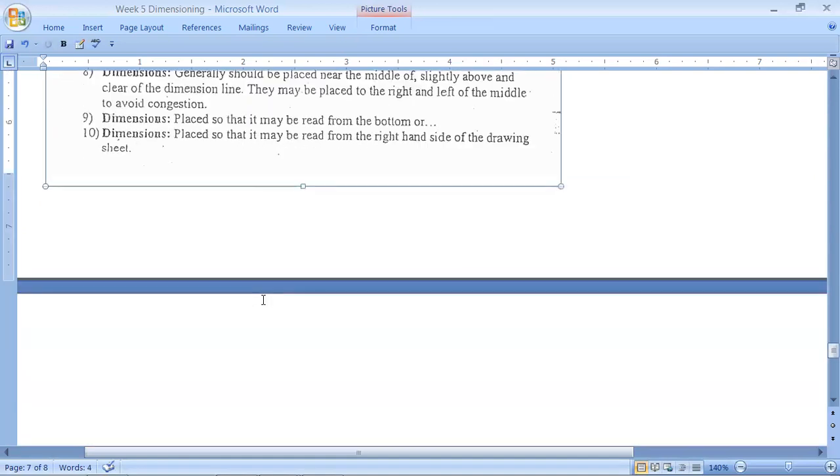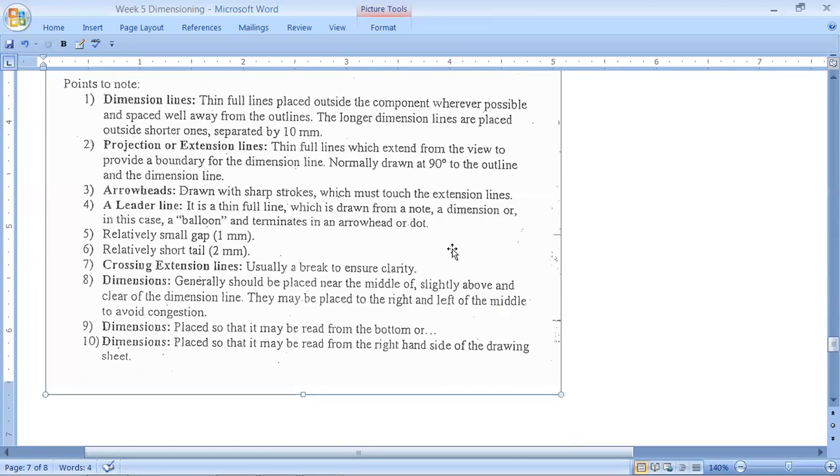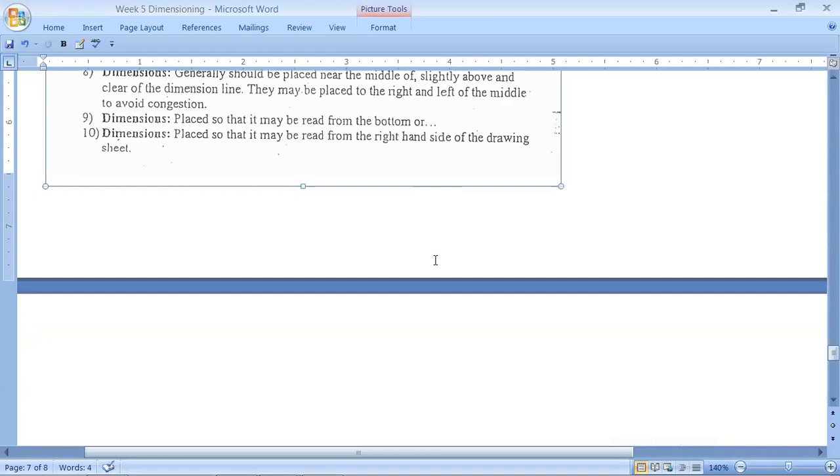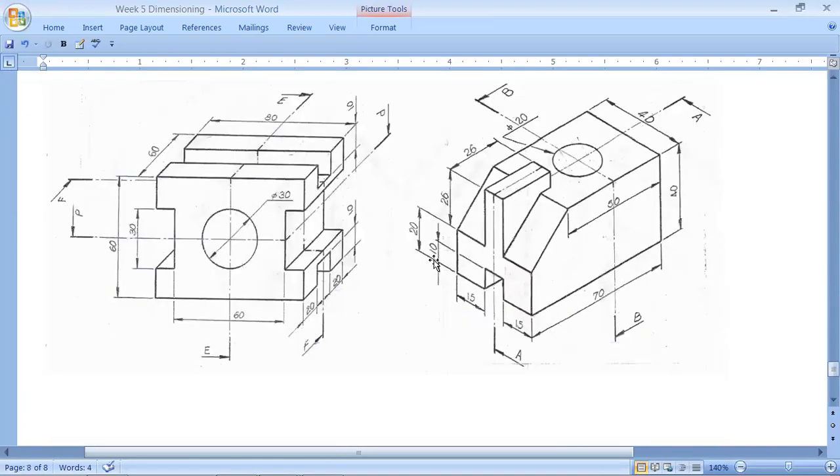These are, in case I don't remember the rule, stating clearly everything that has been mentioned today. This is the rule of dimensioning that you have to keep in consideration when you are dimensioning a drawing. All right. These are the drawings that we're going to be doing this week in order to practice